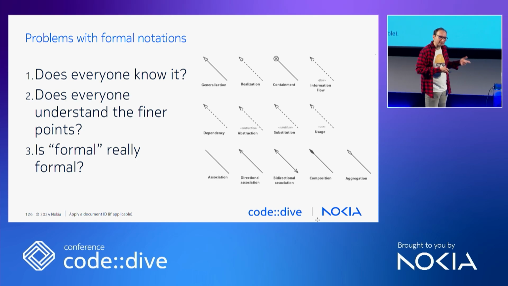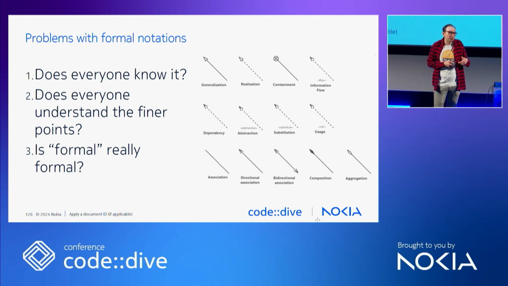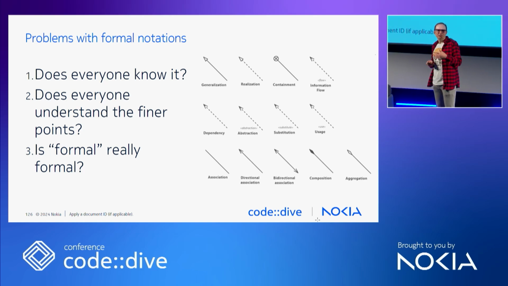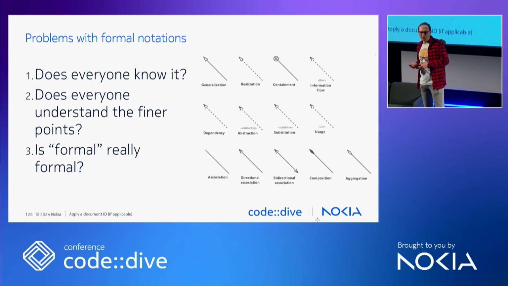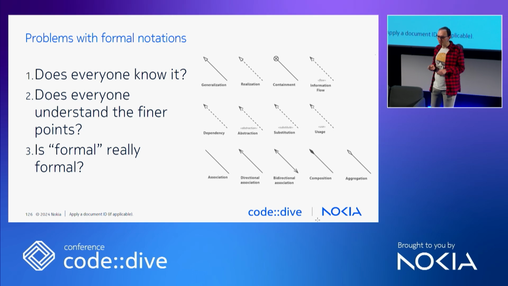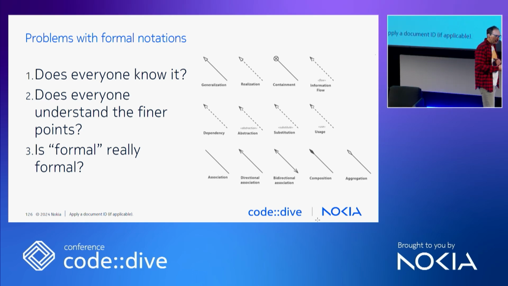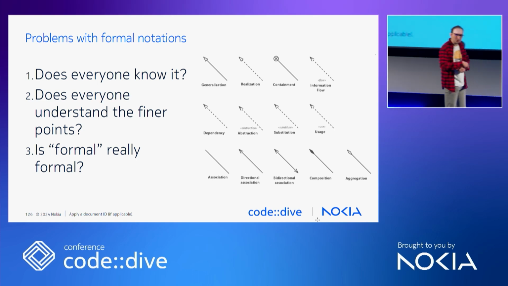But UML does not have this. In order to have a proper definition of semantic properties, you need to do it in a formal way, right? And by formal, I mean mathematical or logical or something like that. There was this addition to UML called OCL, Object Constraint Language, but it was purely academic. It never left academia and never attracted the industry the way UML had. So you have this notation, you can't do anything with that.